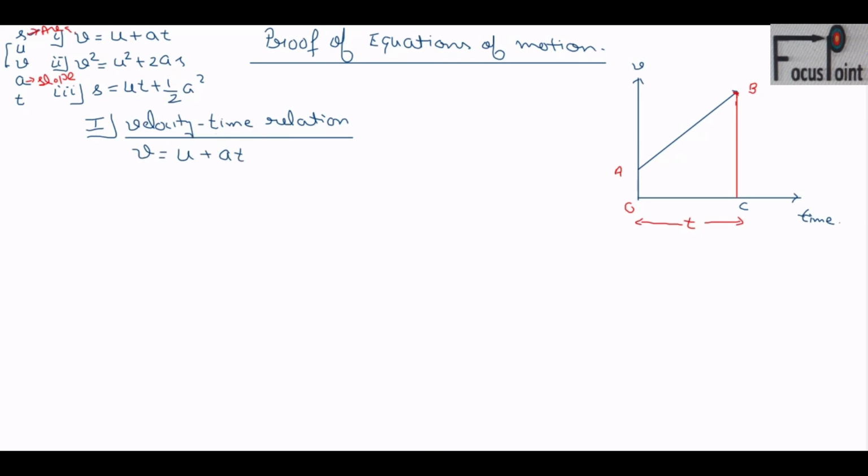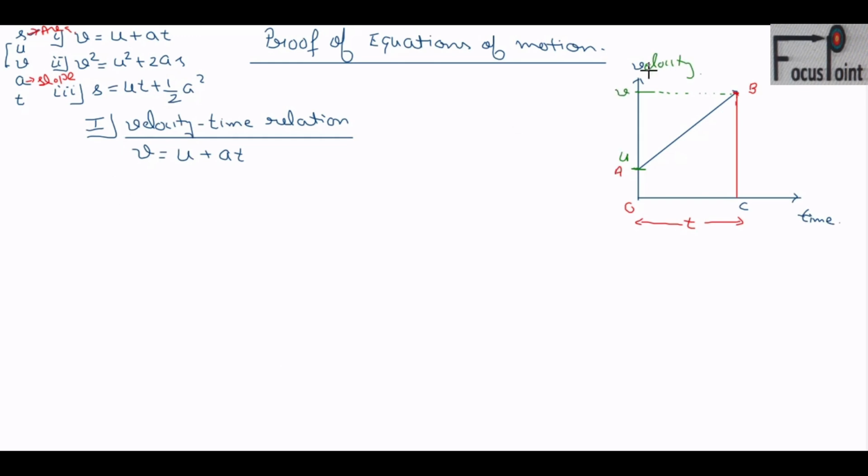Velocity time relation. तो as I have already told, initial velocity हमारे पास कहाँ से मिलेगी? On the vertical axis. So let's mark this as the initial velocity. This point is the initial point. So let this be the initial velocity. I am marking at point A. At point A, initial velocity u. Now tell me where would be the final velocity? Vertical axis पे, B is the final point. तो B की projection हम vertical axis पे डालेंगे. So this point will be v.